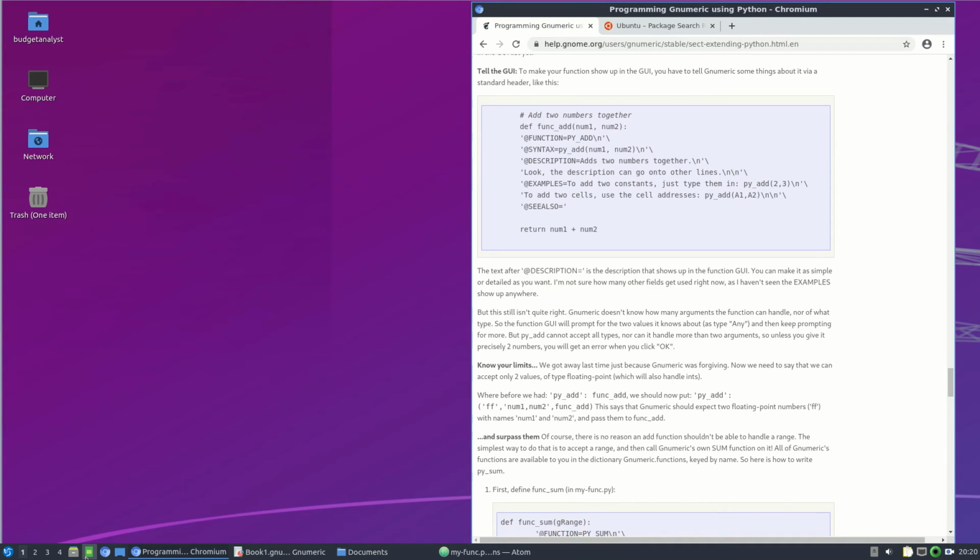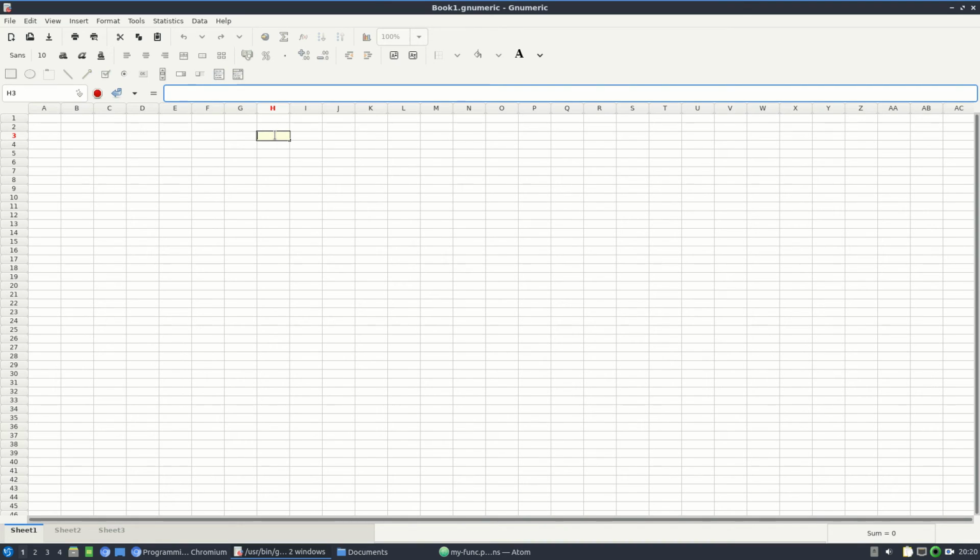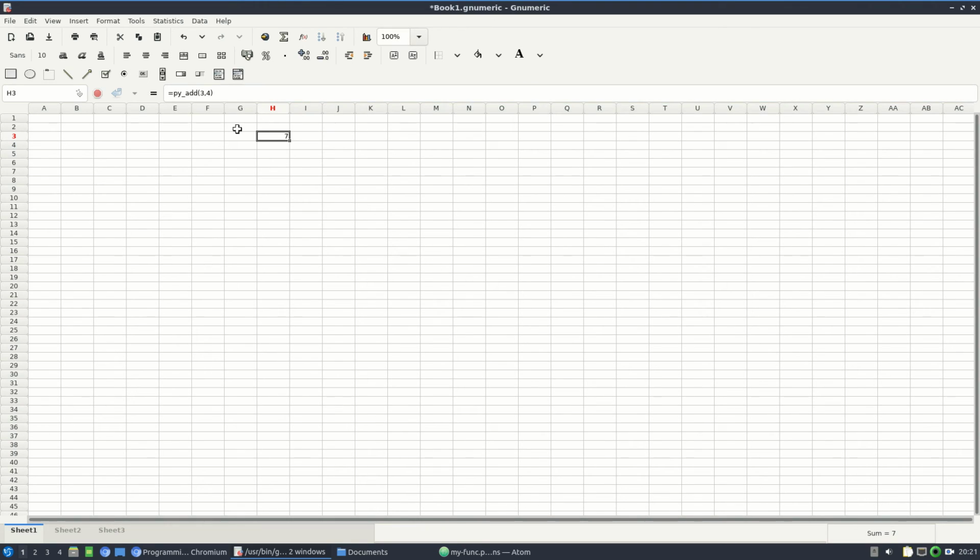We can discard that. We're going to open it up. You saw before how I couldn't type it in. Now if you type in _pi_add, you should see it pop up. So complete typing that in, and now if I type in 3 and 4, you'll see it will return a value of 7. So pretty quickly I showed you guys how to install the Gnumeric plugins extra, and then quickly